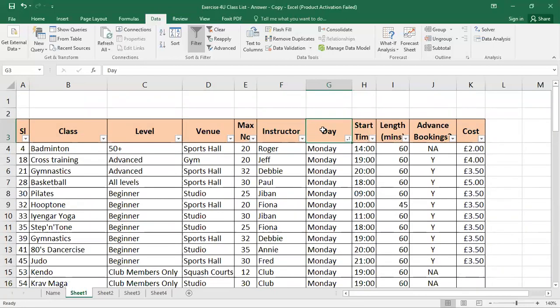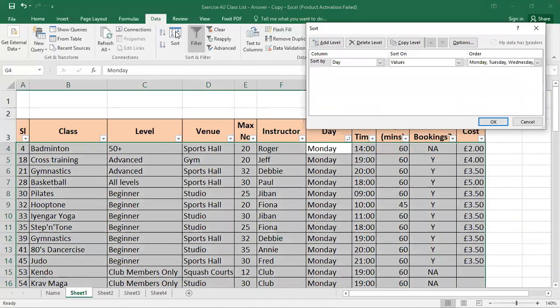Right now we can avail the second level of this particular sort also. If we go to this particular tab under the data, then we can add the level here. So if I add the level here, then we can sort it by start time.